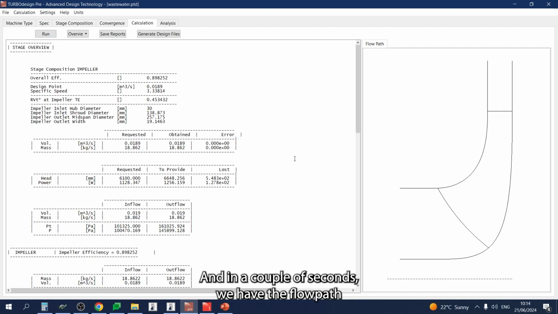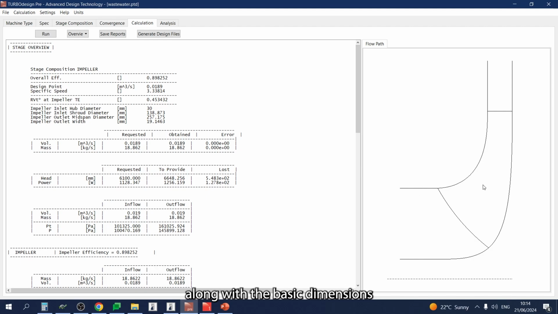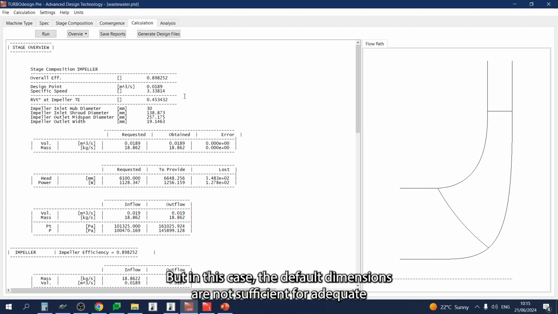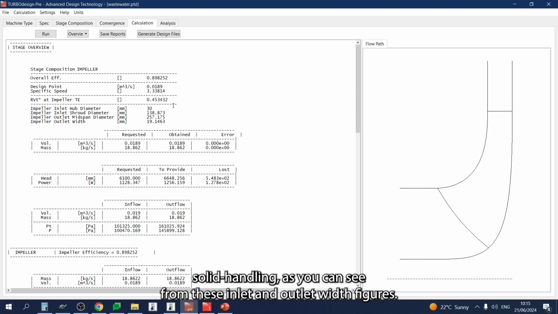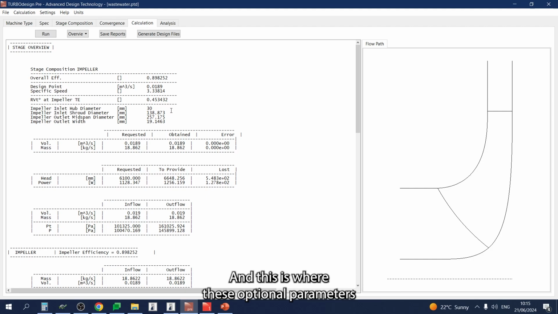And in a couple of seconds we have the flow path along with the basic dimensions and estimates of efficiency and RVT star, or the work coefficient of the impeller. But in this case, the default dimensions are not sufficient for adequate solid handling, as you can see from these inlet and outlet width figures. And this is where these optional parameters here